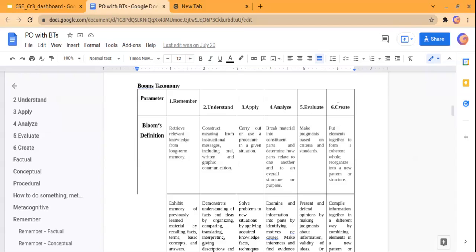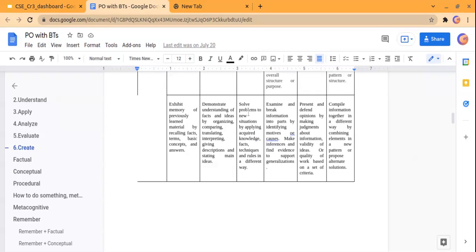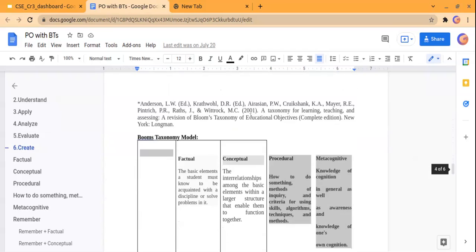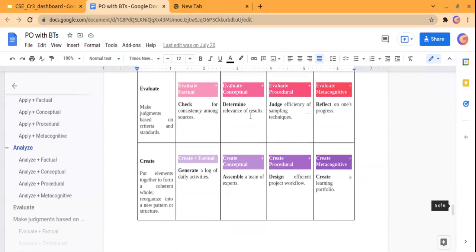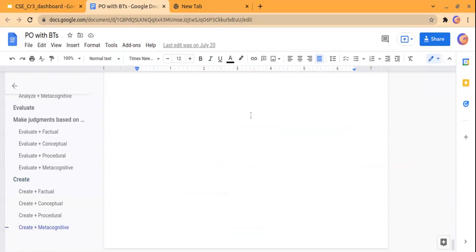Now, according to the Washington Accord, giving the weightage will start always from apply. Now, from 3 onwards, we will try to give the weightages for particular CO. Now, these are the verbs which can be used to write COs. Okay, the number of COs and the things are all with respect to the subject, it changes.